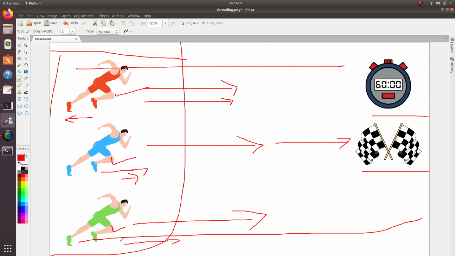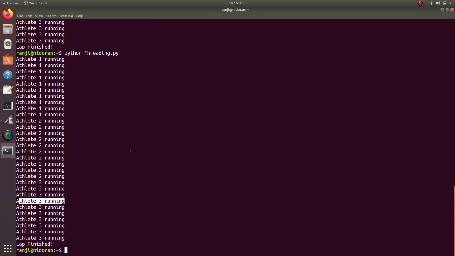Things happen, but they all will be in a parallel state. But as opposed to this, we saw that they are running in a serial way. First athlete 1 is running, then athlete 2 started running, then athlete 3. This kind of serial execution is being observed here, but we don't want this. Instead, we want to use parallel execution.